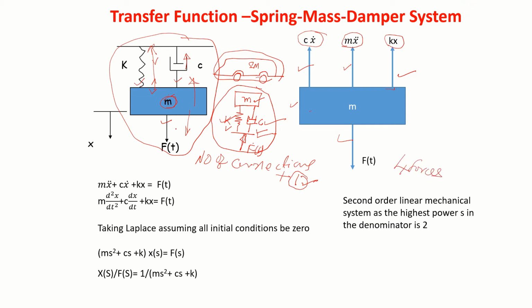Another thing is this force is the one which you are applying. All other things are resistances which oppose this motion. So F of t is acting downwards and all other forces are opposing this. Once you create this free body diagram correctly, then we can easily write the differential equation. So now come to the differential equation part.